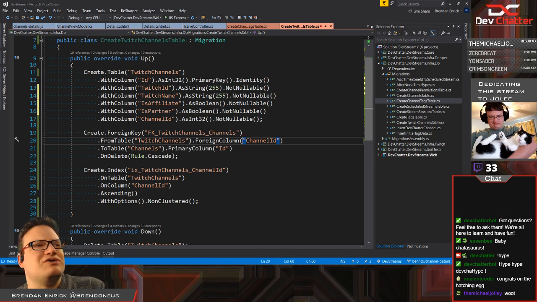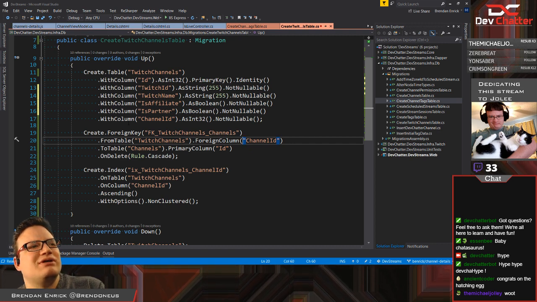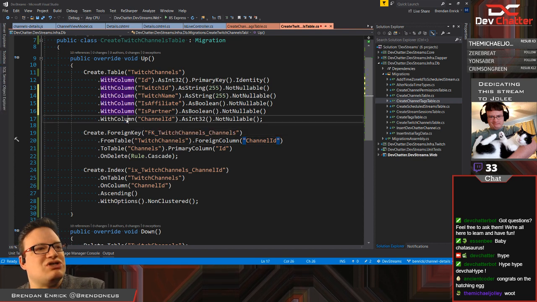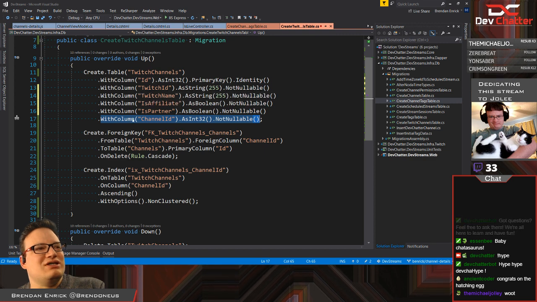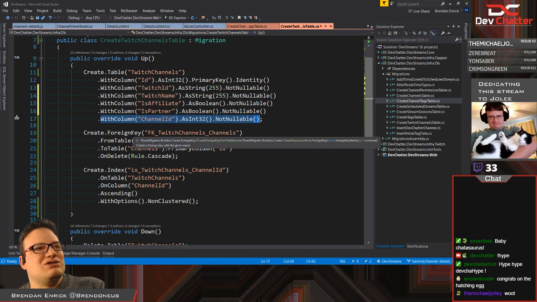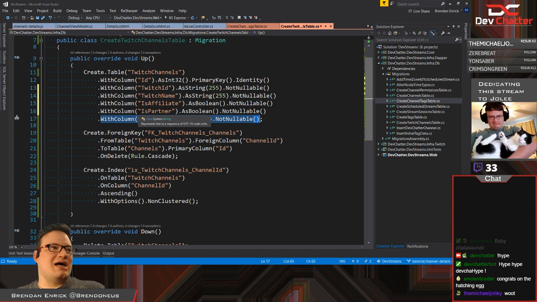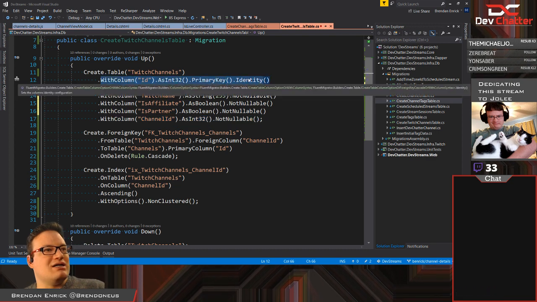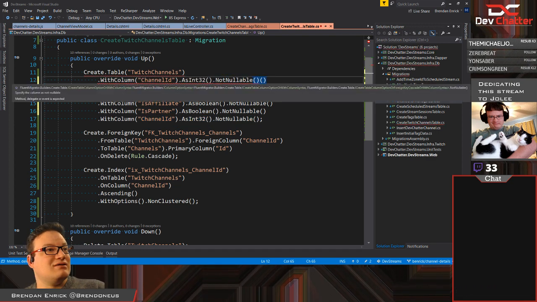Essentially, the Twitch channels table is a sub-channel of our channels table, where realistically we could get away with the channel ID being the primary key that's set when it's created. And since there's only ever one, yeah, we're gonna do that. It's not gonna have its own ID column. It's gonna use this one. So it's gonna be a non-identity column.